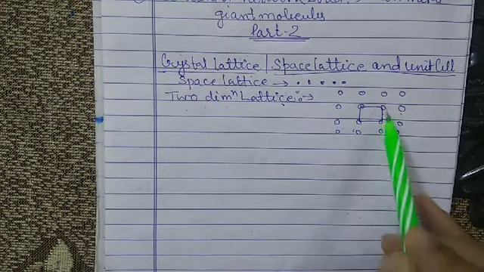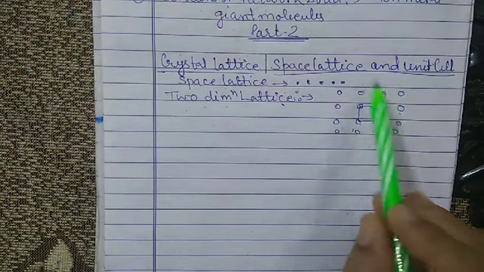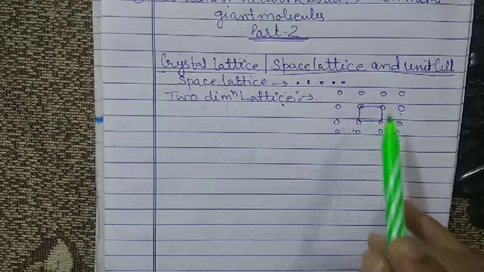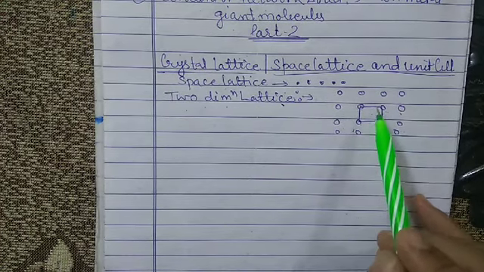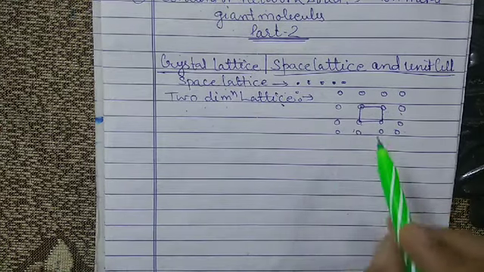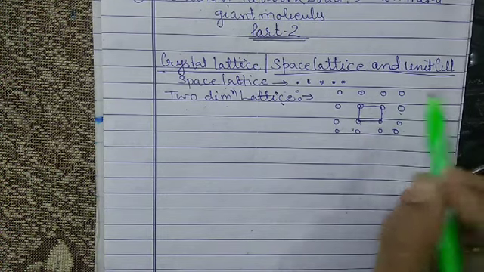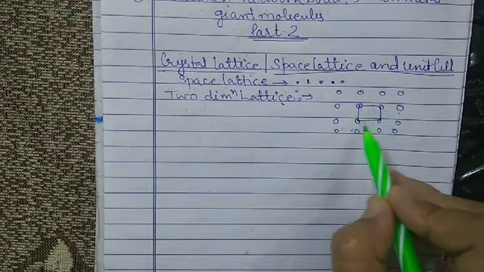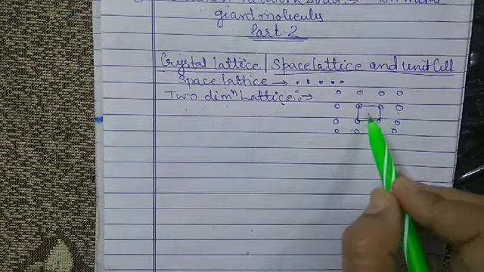So these differ in symmetry of the arrangement of points. The hexagonal lattice has the most symmetrical arrangement of points, while the parallelogram lattice has the least symmetrical arrangement of points. And because of the regular repeating arrangement of points in the two-dimensional lattice, we need only describe a small part, because this shape is extended in this direction, this direction, this direction, but we have only to keep in mind that we have taken a small area. So this is a square two-dimensional lattice.